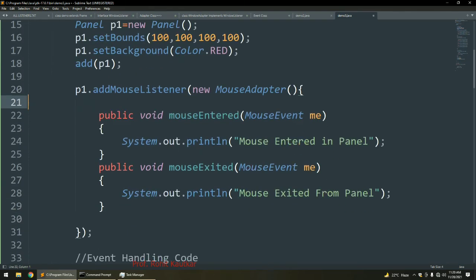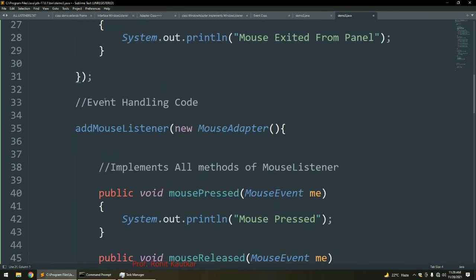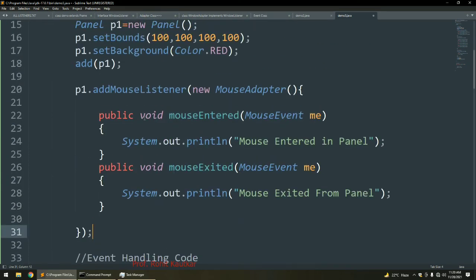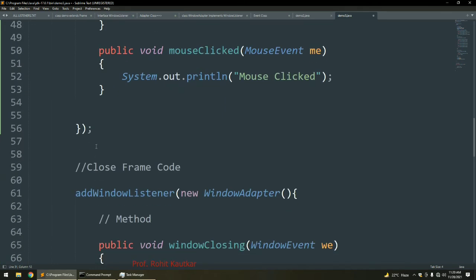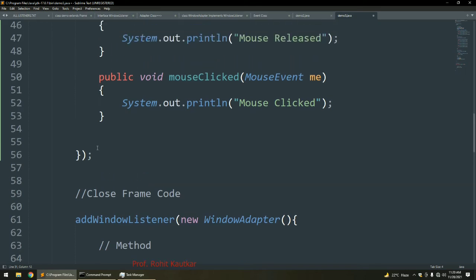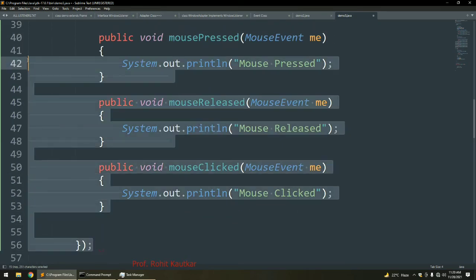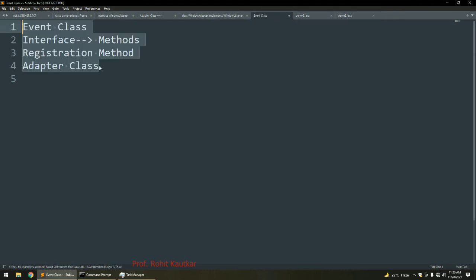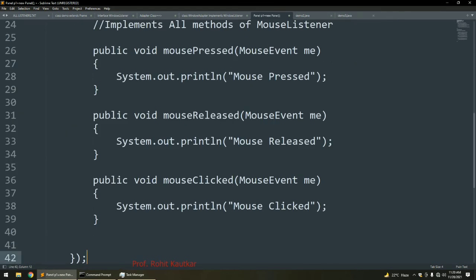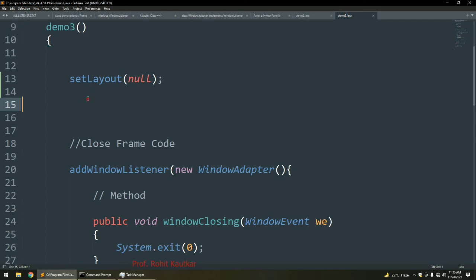Now next we will see the mouse motion listener. I will add a mouse motion listener to this. For that I will remove all this code and place the new code here. We don't need it. I will write code related to the mouse motion listener.